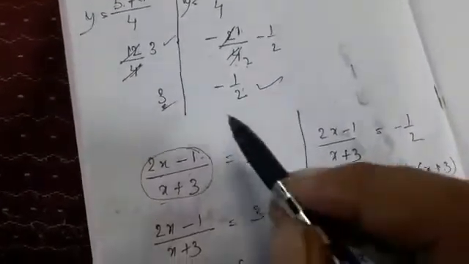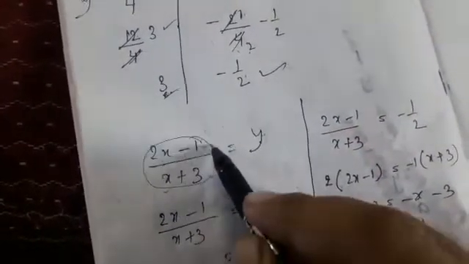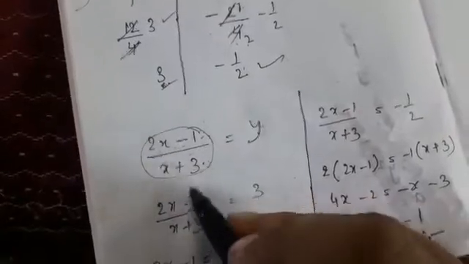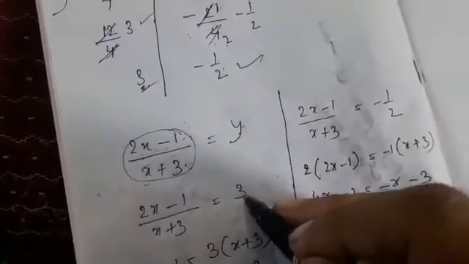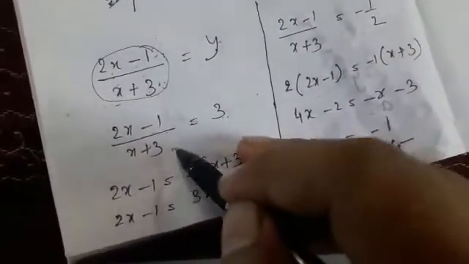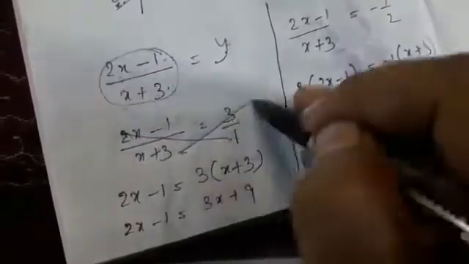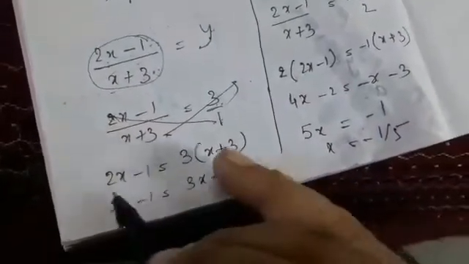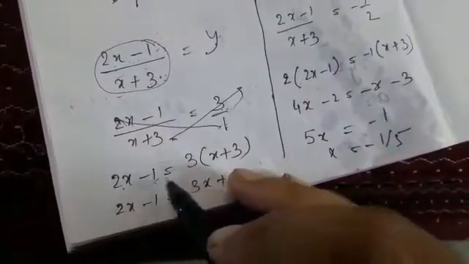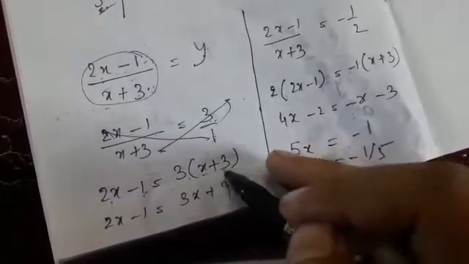Clear? So now taking y equal to 3 for the first case. So you have, what is your y? 2x minus 1 by x plus 3. This you have assumed y. So this is equal to y. What have we got for y? 3. So place 3 here. Now you solve a linear equation. You bring, this is 1, so you bring 1 there and you bring this term x plus 3 there. So you will get 2x minus 1 is equal to 3 is already there, right? In the bracket you are sending x plus 3.